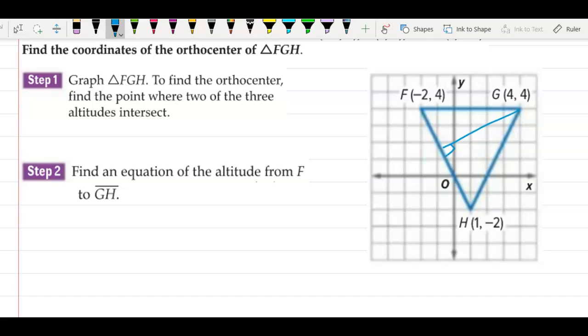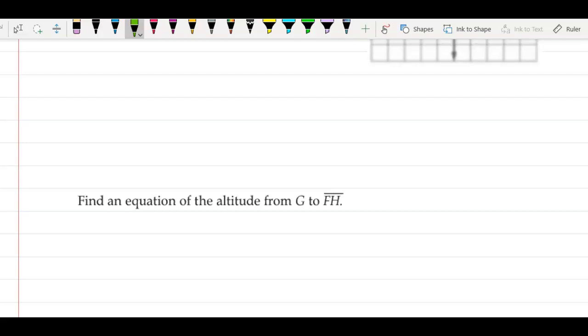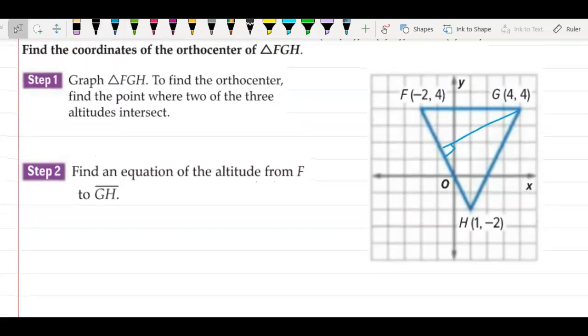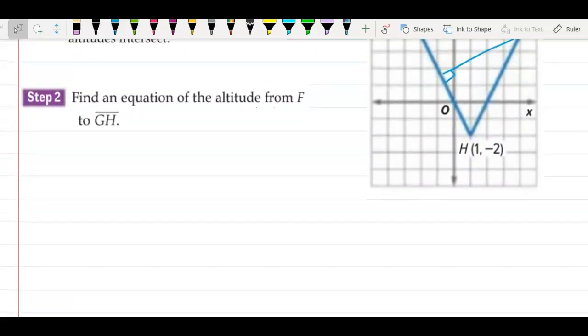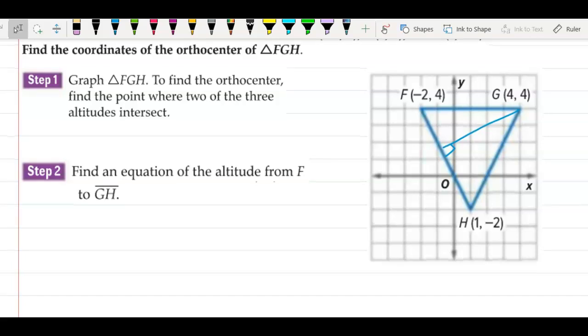Okay, so I'm going to say that is my altitude, and then I'm going to do the same thing. It wants from G to FH. From F. Oh, I drew that backwards. It's okay. And then we're going to go this way. Boom. Okay, so essentially we're trying to find the point here,